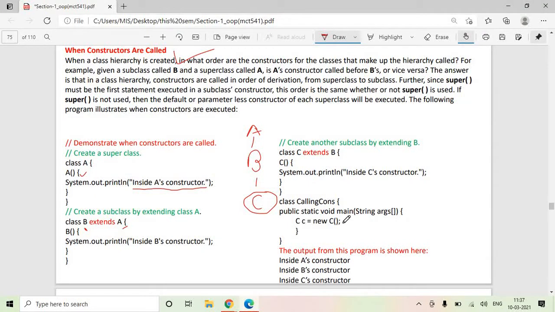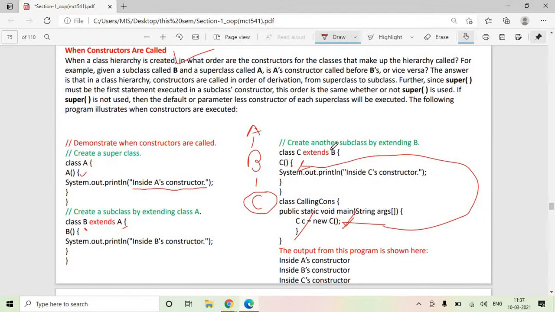See, when we create an object of class C, we know the constructor gets called automatically at the time of object creation. So this constructor will get called at the time of this object creation. Now this constructor will see, am I the top base class, or am I getting inherited from somebody else?